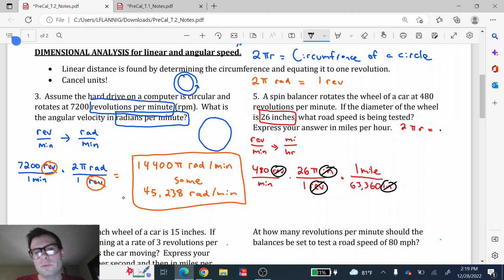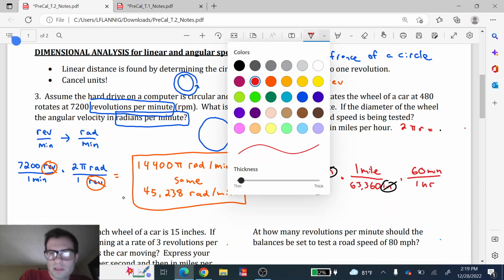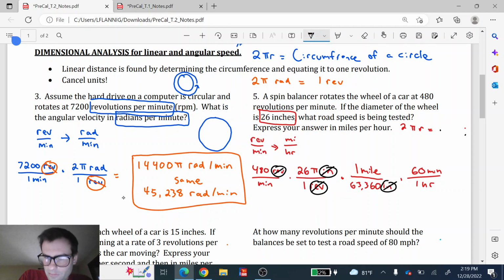Now all we have to do is get to hours, which is a pretty easy conversion because we know there's 60 minutes in an hour. So all we have to do is say 60 minutes per 1 hour, and we can still cross out this minutes here and this minutes here. So now we're left with just miles and hours, and we can just multiply straight across, and this ends up being